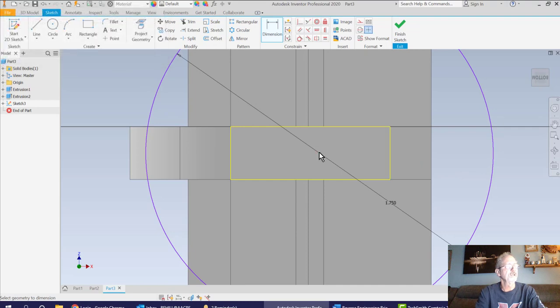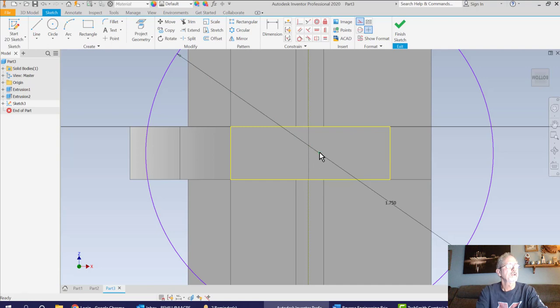cancel. It's not going to let me do that. All right. So I was kind of hoping it was going to let me do that, but it wasn't. So I can come back in here. I can do a construction line, which is this device right here. And what I'm going to do is just from the center mark here, come down to here. Okay, hit